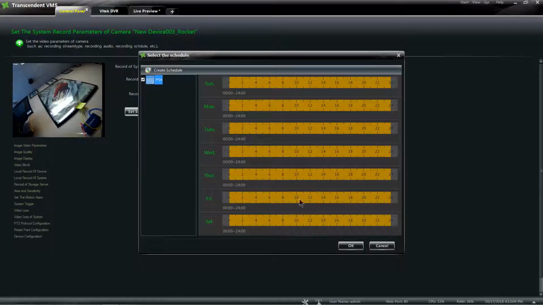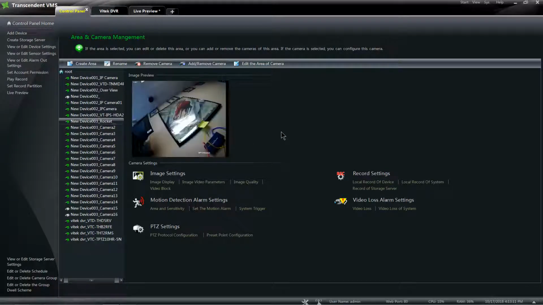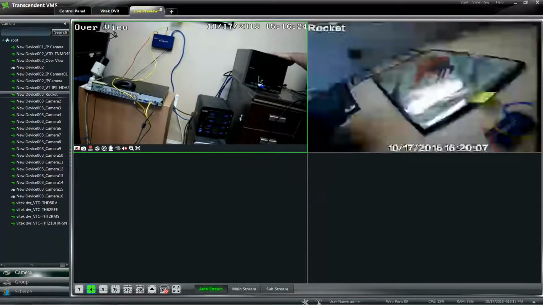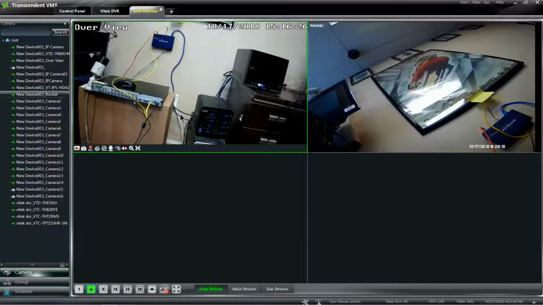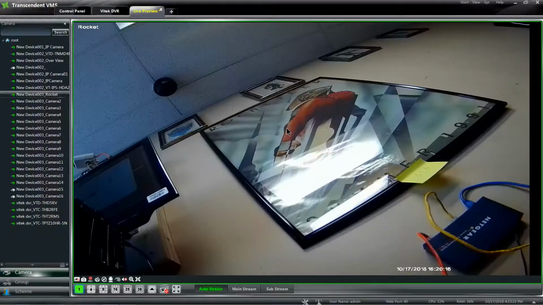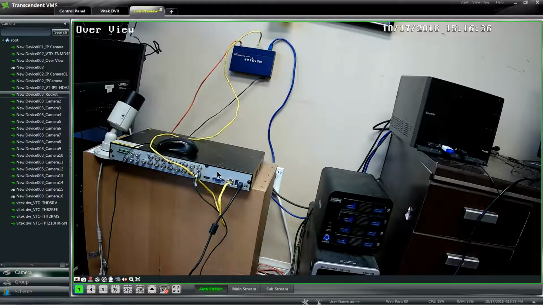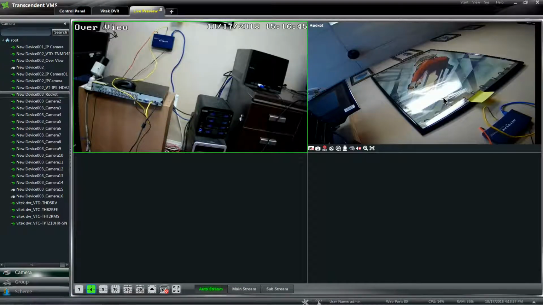So once you check mark it, go ahead and click OK. I will click cancel since I already did this. So that's pretty much it. That's all you need to do to set your local device to record your camera, which in this example I'm recording this camera 2 right here. So the way I have it set is this DVR is recording over my network, and I'm connected to it, and it's recording this one camera, which is right here. And if I wiggle my hands,